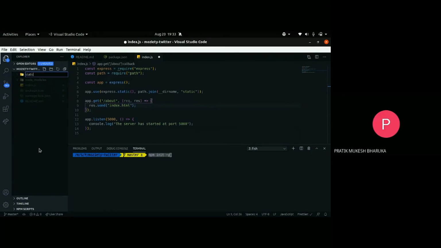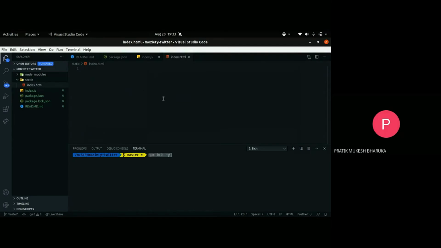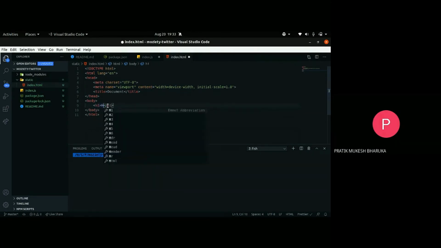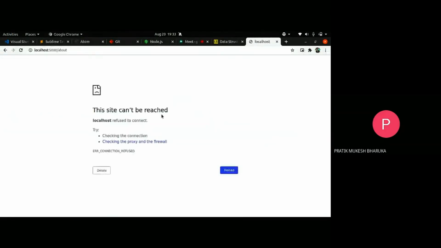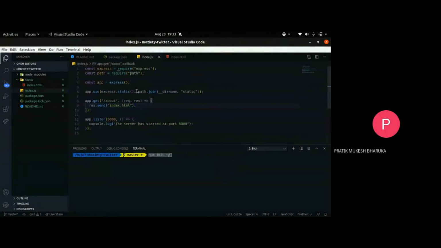So when on the front end we go to xyz.com slash about, it would redirect us to the about page. Right now we haven't created the HTML part, but he will show you in a while, once we start the server, how the route works. As of now, a route is basically a function, kind of an address on the website, so you could navigate to different pages.